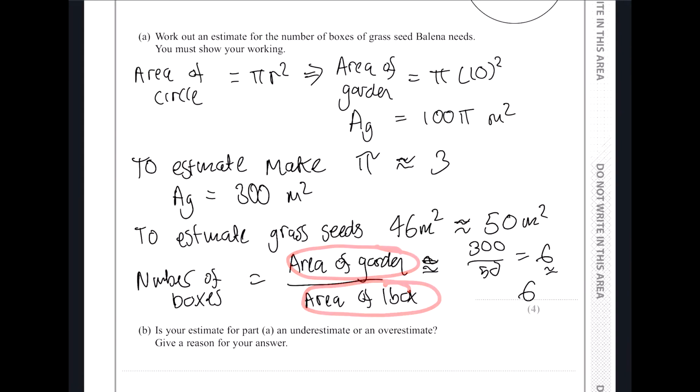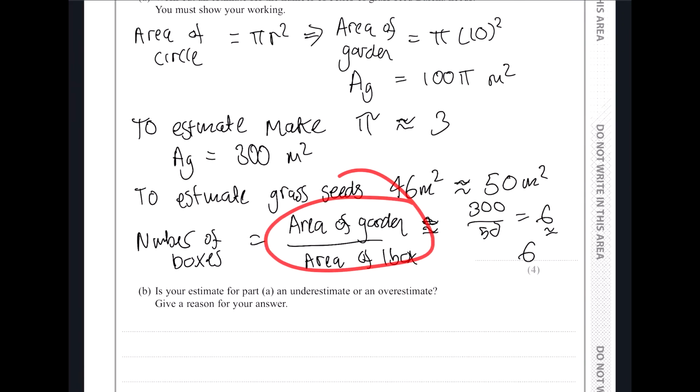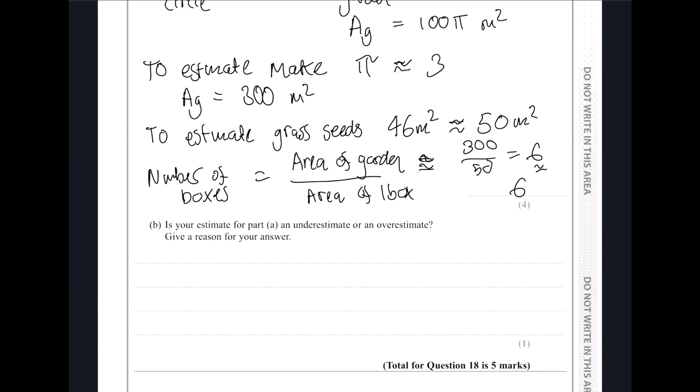So the net effect has made the overall fraction a lot smaller than what it was. And the reason is when you have a fraction, if you make the top smaller, and then you make the bottom as big as possible, then as a net effect, the whole fraction becomes a lot smaller. So the answer is an underestimate,